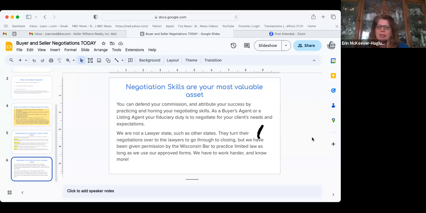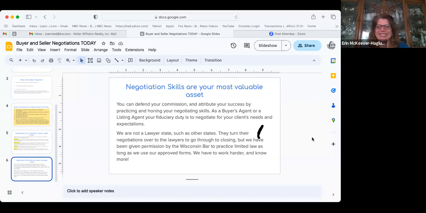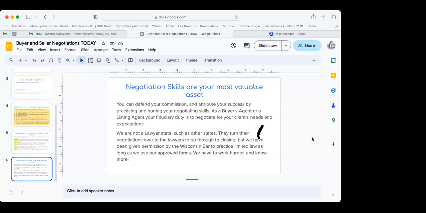I could have knee-jerk gone off on him many times and he would have deserved it 150%. But Karen Trimble actually said this to me when I was on her team: if you can't get the listing, then go after them as the buyer agent. And so he's still getting 2.4% of the pie. And we're going to go to a successful closing in a few weeks. So as easy as it is to get angry, at the end of the day, we all just want a paycheck. So that's been an interesting journey.